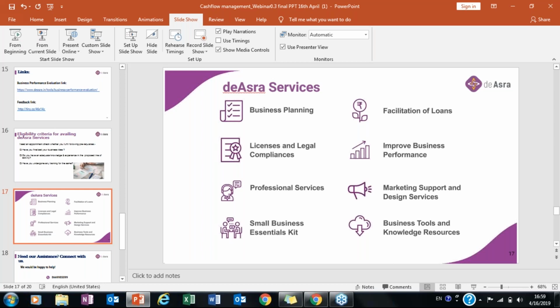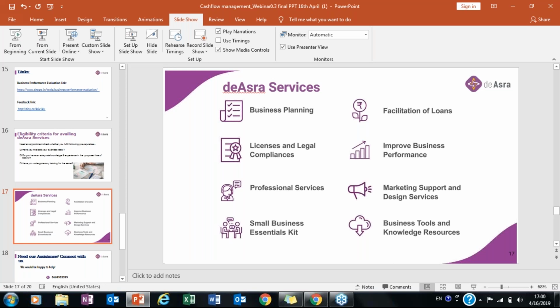Just to give you an example, business planning includes the name of the activity, the directors, the motive behind starting this activity, who all the competitors are, and the SWOT analysis. SWOT analysis means the strengths, weaknesses, and opportunities of your business and of the skills that you have. This is a major portion of business planning. It tells us if the business is going to be a viable or feasible project in the long run, so business planning helps us to understand all these aspects of the business. The deAsra Foundation helps you to do business planning once you finalize upon the idea.